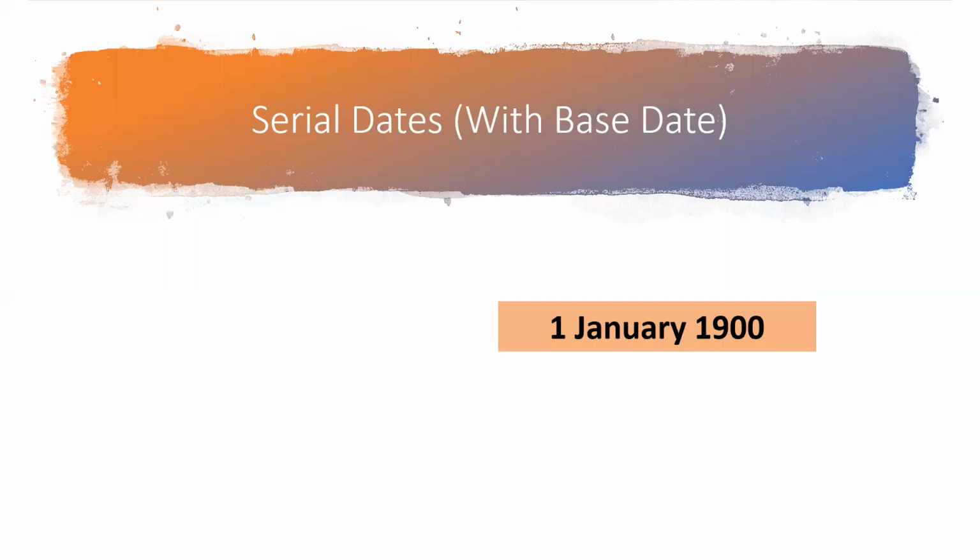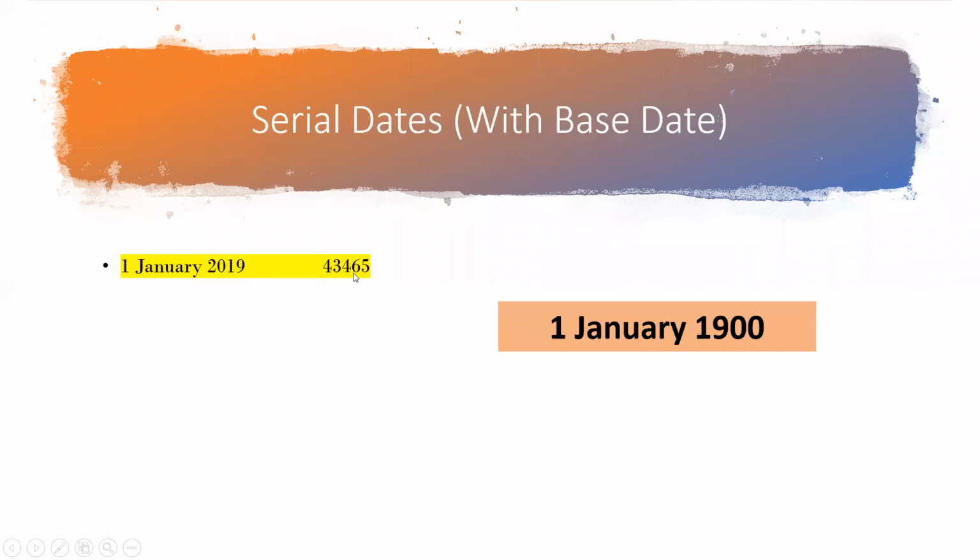Now we have another kind of serial date. Again, this type of serial date is, with base dates. This term with base date is my term, but basically some serial dates are proper serial dates. So when I say base date, what it means is in your accounting system, there is some date built into the background where your calendar starts, so to speak, where your accounting system's calendar starts. So in my example, I'm going to pretend that my accounting system has a base date of 1 January 1900. Now, what I would see in my accounting system isn't 1 January 2019. I would see that number,